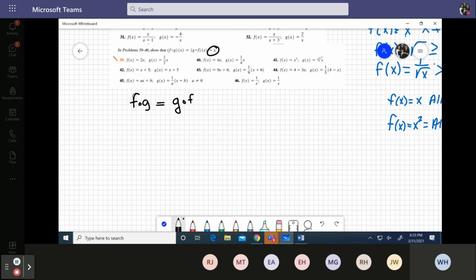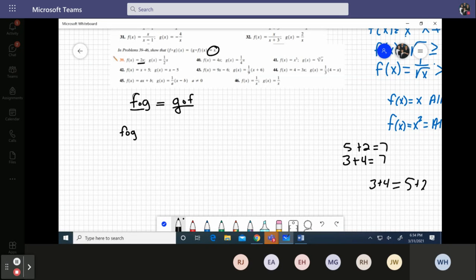Because if 3 plus 4 is equal to 7, and 5 plus 2 equals 7, then 3 plus 4 has to be equal to 5 plus 2, right? So if both of these simplify down to x, the same value, then they have to be equal to each other. So if I have f of g,